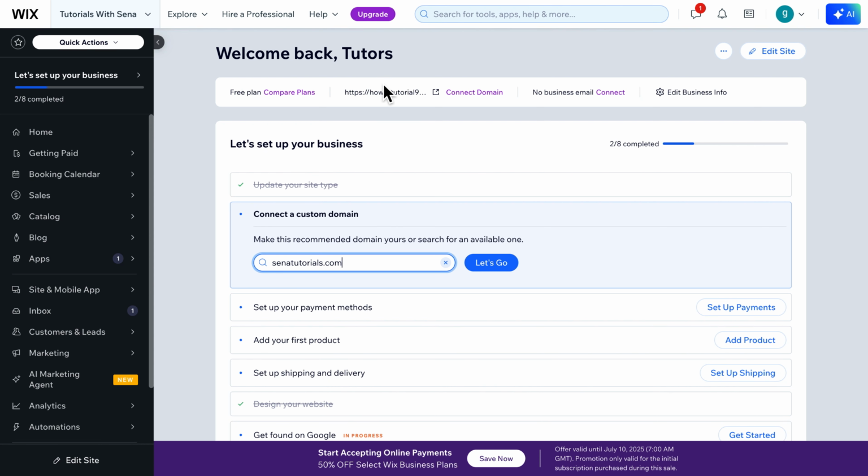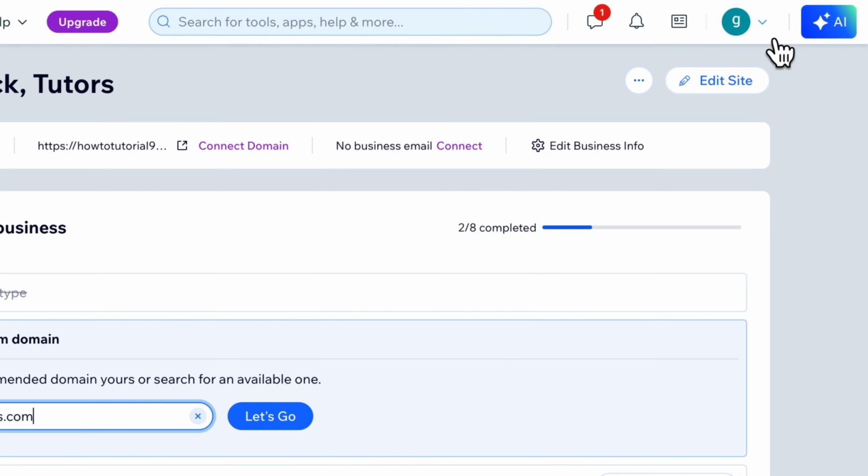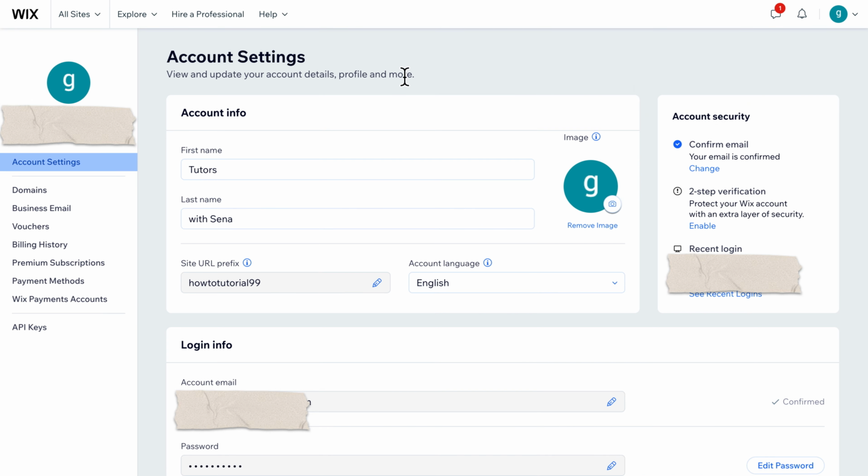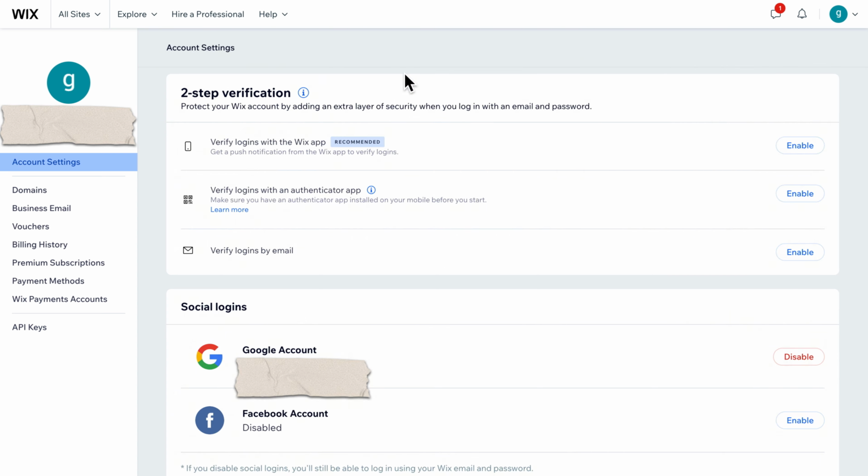So first, you need to go to your Wix dashboard and then go to the right side of your screen and then click on your profile picture. After that, just click on account settings. Here on account settings, you want to scroll down a bit until you see this two-step verification, and then you